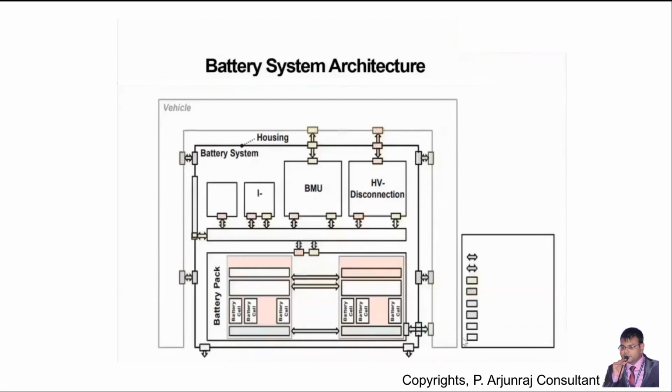There is a lot of research going on, and it is coming up with some new technologies. But for our study, we have taken the lithium ion battery. So the BMU, called the battery management unit. The major function of the BMU is related to electrical and thermal management, and also